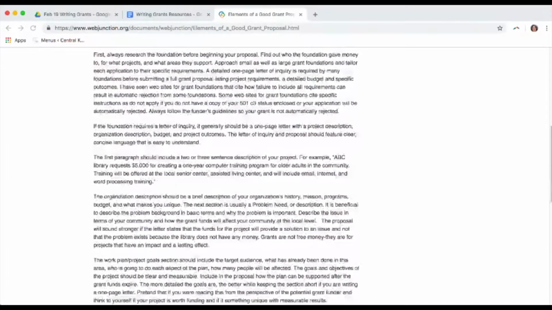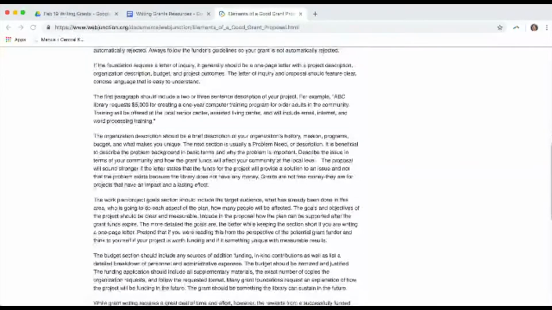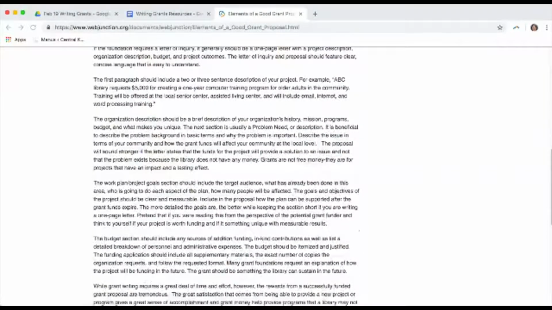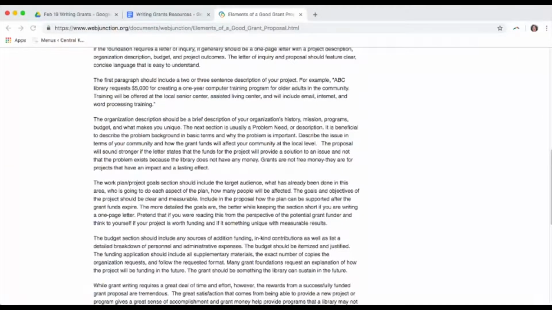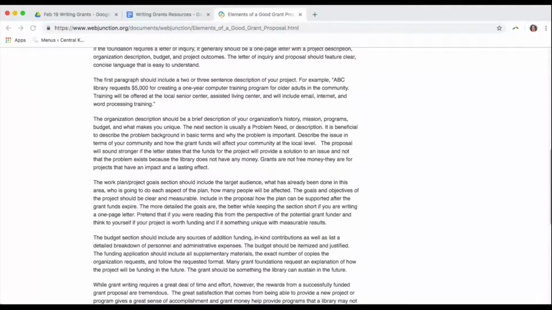When you are writing your first paragraph, especially in CKLS grants, we ask you to set the scene, I think is how we phrase it a lot of times. And what we want to know is not only what your library is like, but also what your community is like. So set the scene, tell us your population, what kind of businesses and activities and community groups are in your town. All that kind of stuff helps us get a picture, because while you feel like, oh, CKLS knows me,